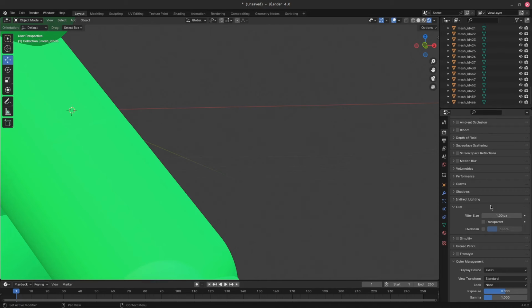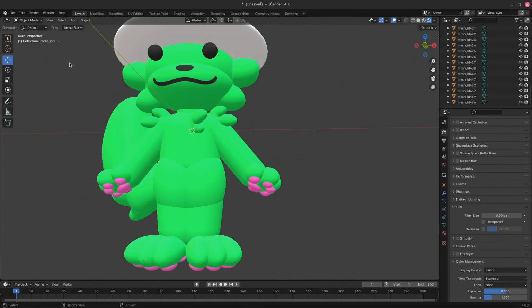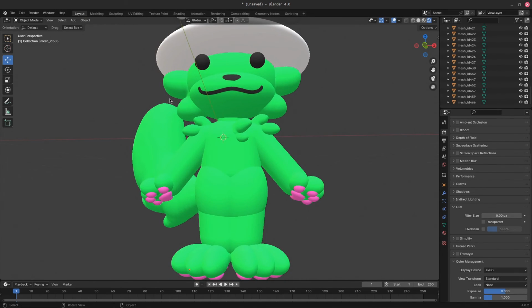But certain people, me included, would say it looks better, even if it's less accurate, if you put filter size 0 instead, because it just removes the anti-aliasing entirely, which is good if you're gonna dither